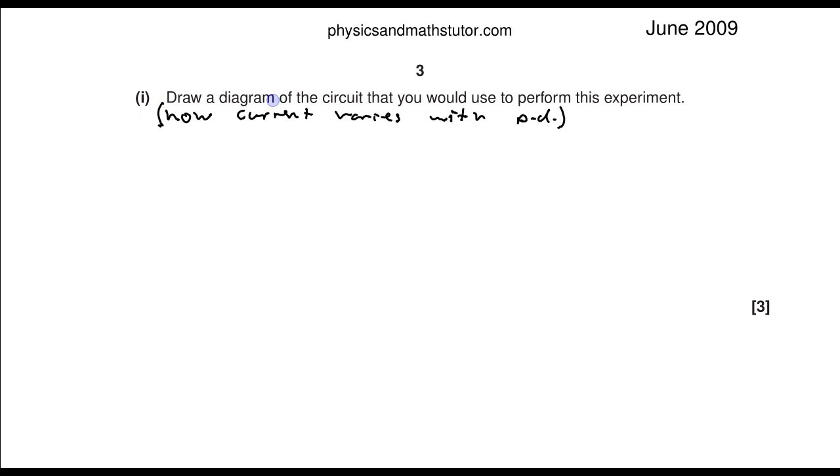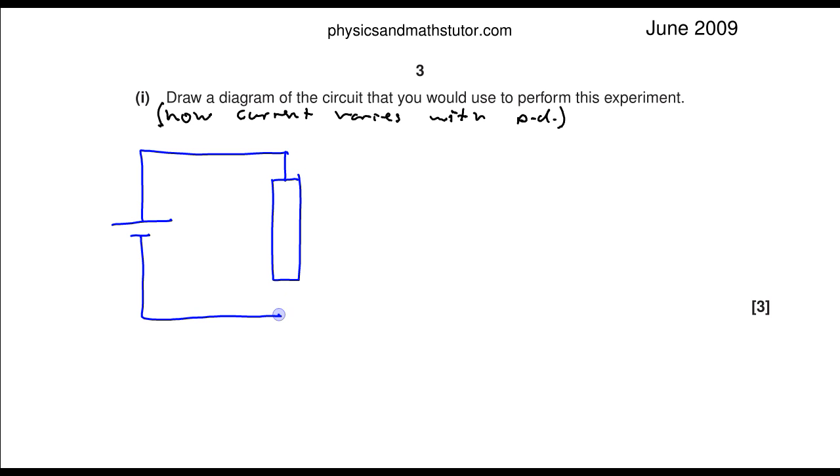We need to draw a diagram of the circuit that we would use to perform this experiment, which shows how the current varies with potential difference across one of the lamps. For this experiment, what we need is a potential divider circuit, because we want to get a range of potential differences across the bulb. And we will use a 6-volt battery, because that's the maximum potential difference we want to get,